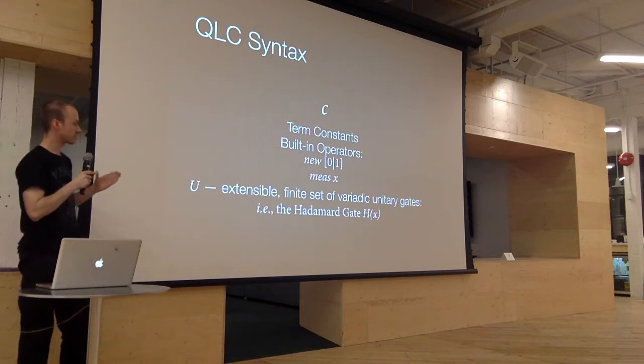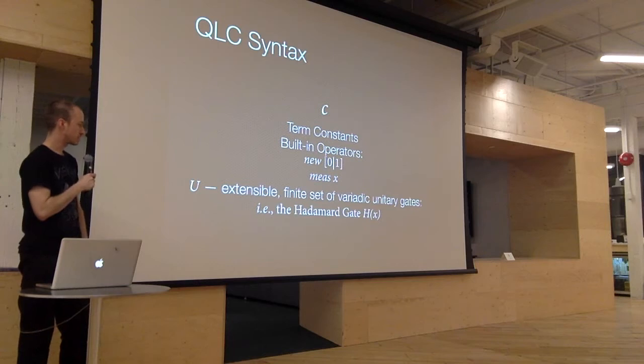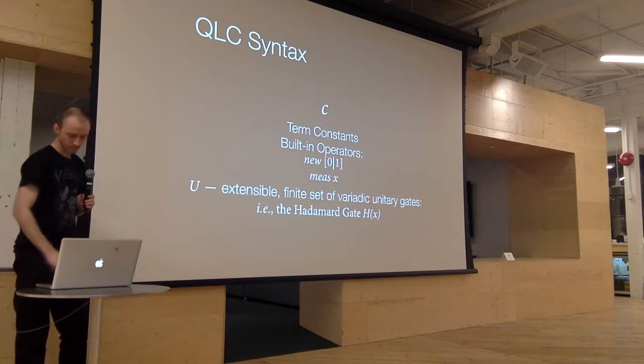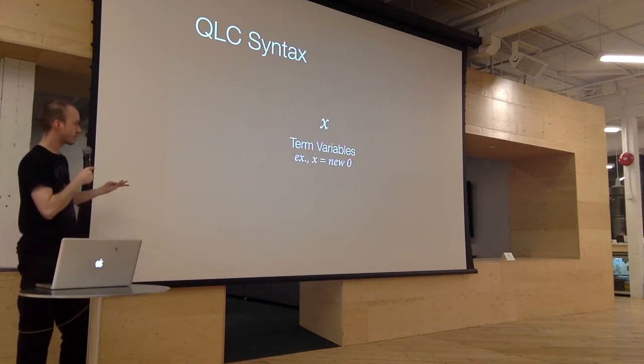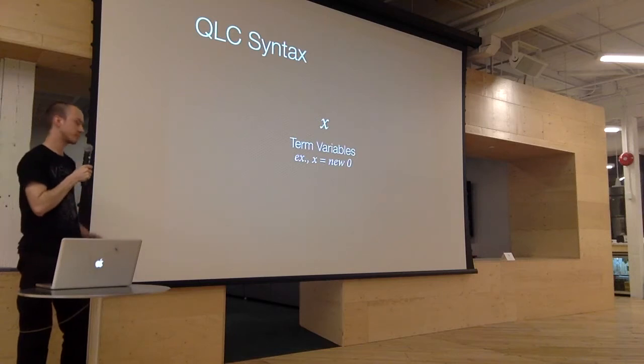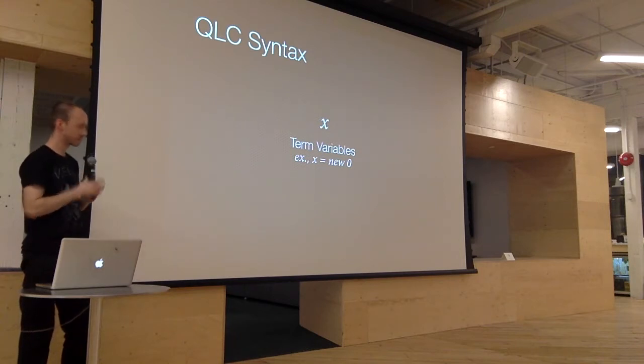So just to explain those a little bit better, quantum gates are very similar to classical logic gates that you would find in normal processing. The difference being that they operate on quantum states and not just flipping bits. Then you have the term variables. So you just set a value to a term variable, such as setting x to the qubit produced by nu 0.